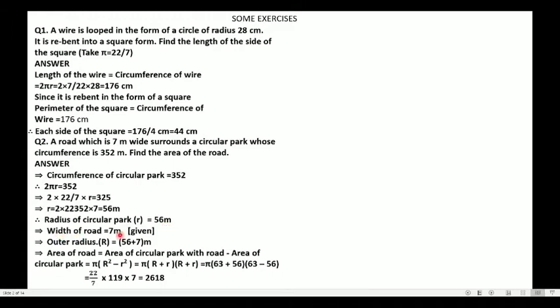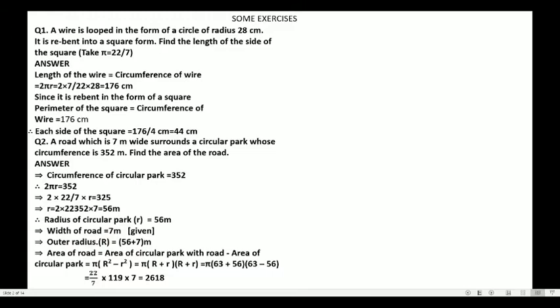Also we are given the width of the road. Since this road is also in the form of a circle, since it surrounds the circular park, we need the radius of the road to find the area of the road. Let me show you once again